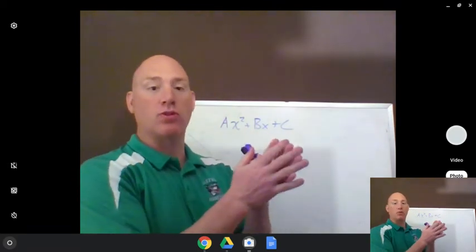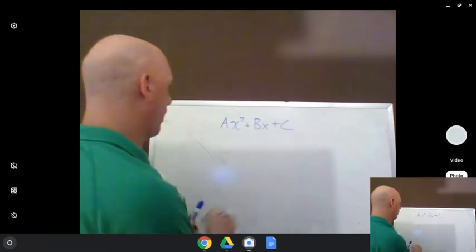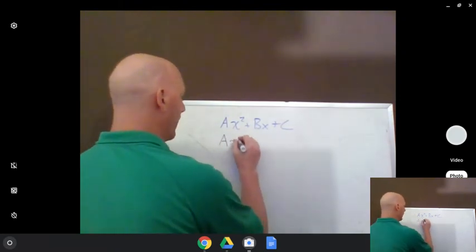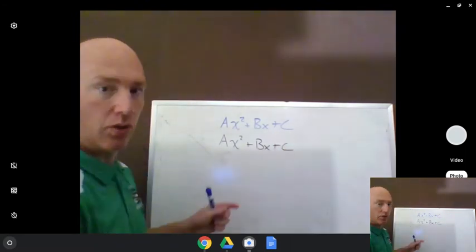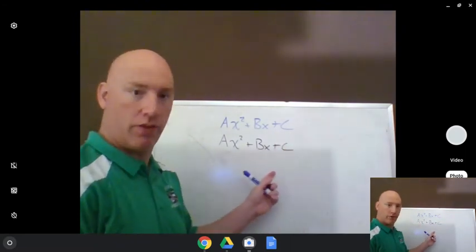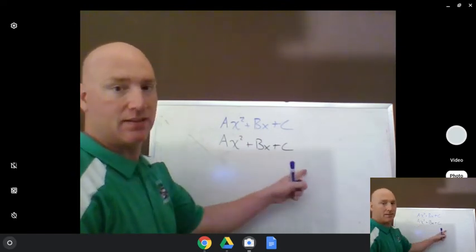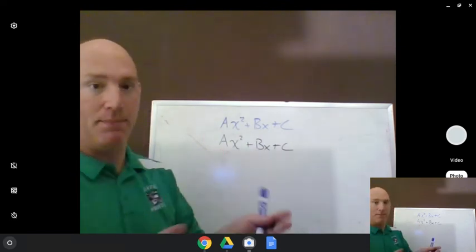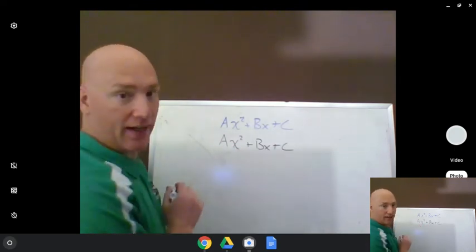So remember, a quadratic is any equation that'll show up in this form, and that's a little bit light, so let me rewrite it. It's ax squared plus bx plus c. So this is called standard form. There are other forms that we've seen, but this is standard form. And remember, a, b, and c are just variables. A cannot be 0. Now, we know it's a quadratic because we're dealing with an x squared, and that's the